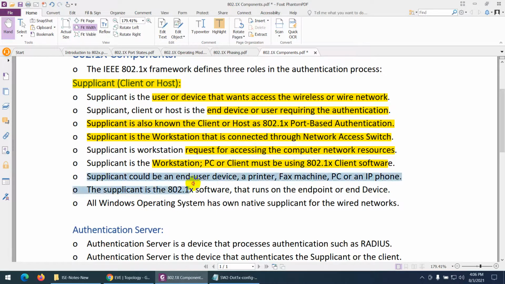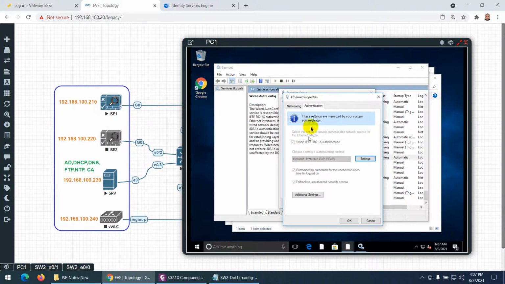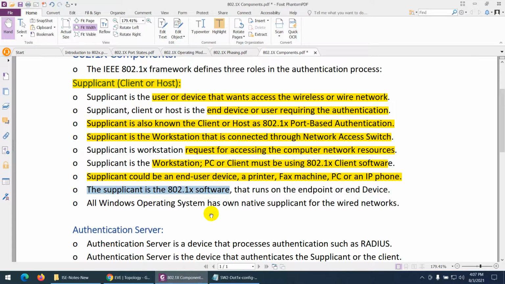So I can say that supplicant can be an end device, endpoint, printer, fax machine, PC, voice over IP phone. And sometimes we call it supplicant if a device is running supplicant software, meaning 802.1X software. So this PC is running 802.1X software. This software is also called supplicant.